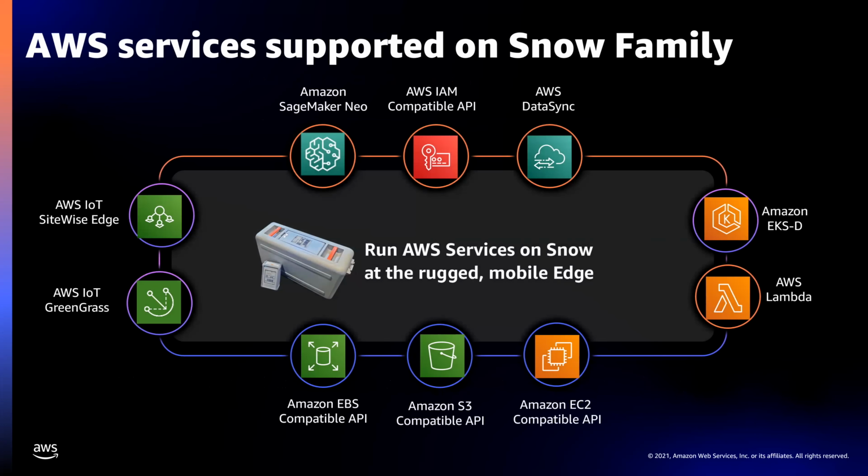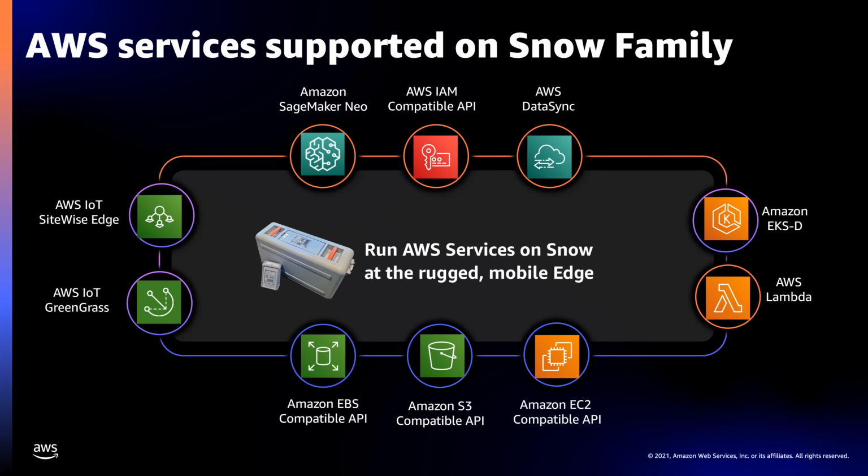Now you might ask, what can I do with these Snowball devices? So first of all, you can put your data on it and then ship it back to AWS to put in an S3 bucket. This is a lot of times a lot more efficient than running over the wire, because if you have 80, 100 terabytes of data, that may take a while to transfer over your network. So this allows you to basically order a device, set it up in your network, copy that data, and then ship it back to us, and we'll put it in your AWS account.